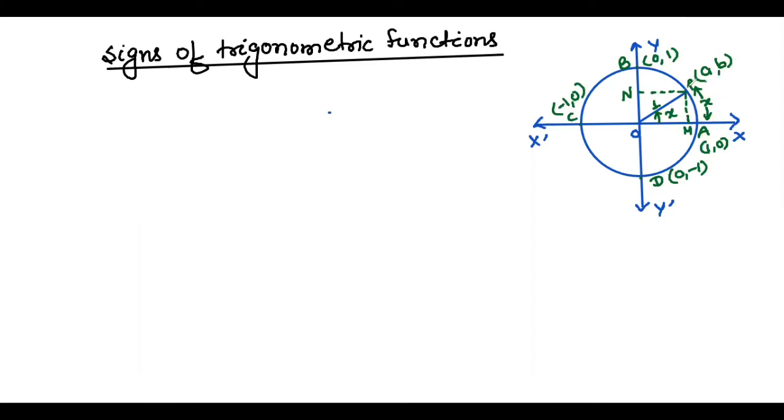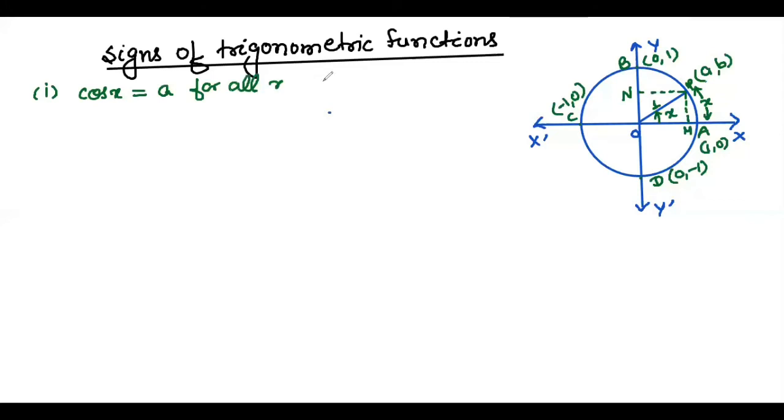Let us consider a point P with coordinates (a, b) on the circle such that length of arc AP equals x. Let P(a, b) be the point where the terminal side of the angle AOP with radian measure x meets the unit circle. So according to that, we can write here cos x equals a for all